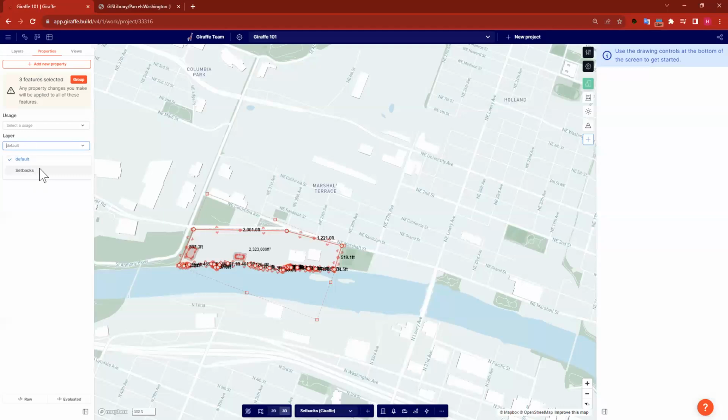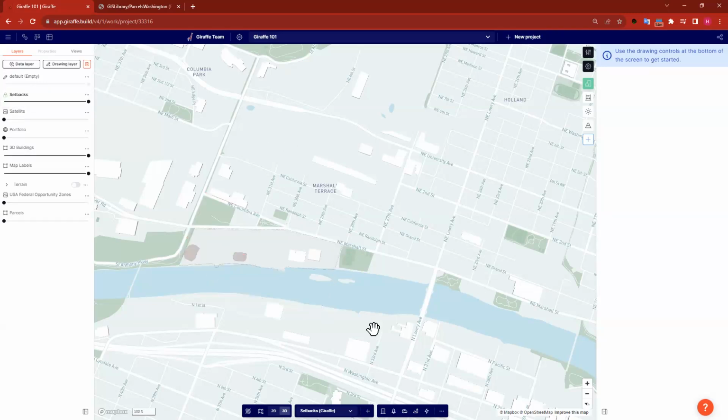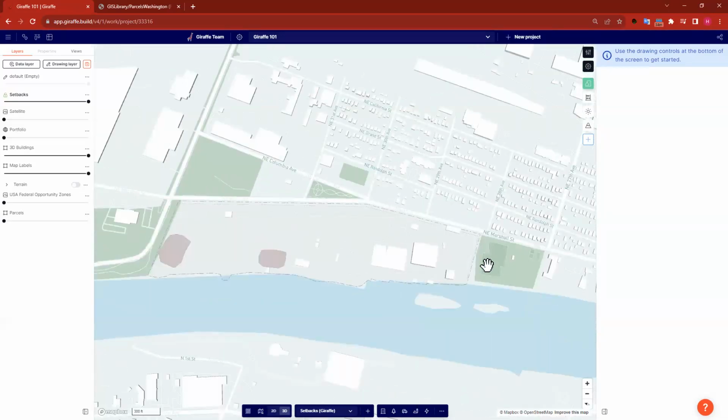And then I'm going to set them on the setbacks layer. The reason I'm doing that is because I just want to lock this layer and not worry about it. I just want it to stay there, as these are areas that I've already defined. The next thing I probably want to do to set up this site is to clear off the default 3D